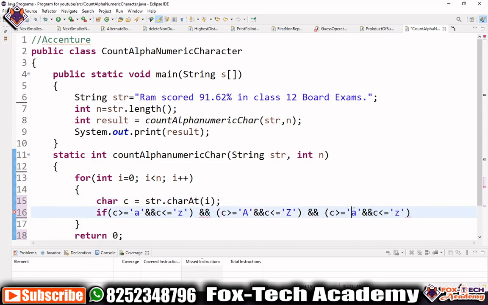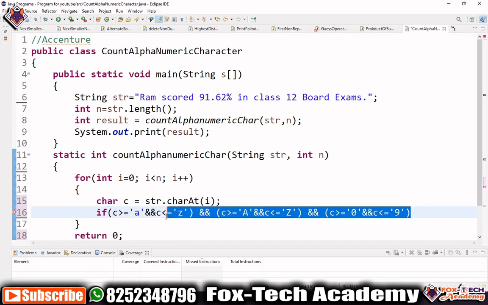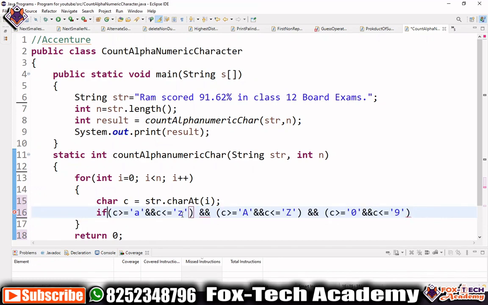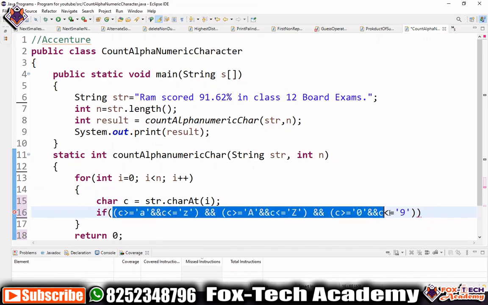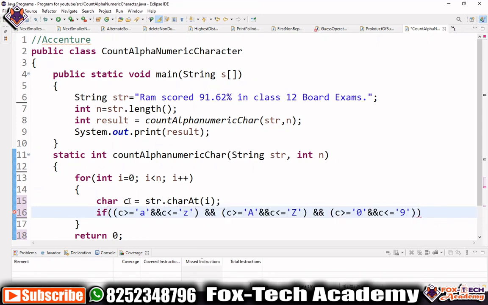So we will check if c is from 0 to 9. Here we have three conditions, and the if statement takes only one condition, so we have to combine all three conditions into one. That means c is a small alphabet, or a capital alphabet, or a numeric. So instead of and we will use or, because we need to check for any of the three.